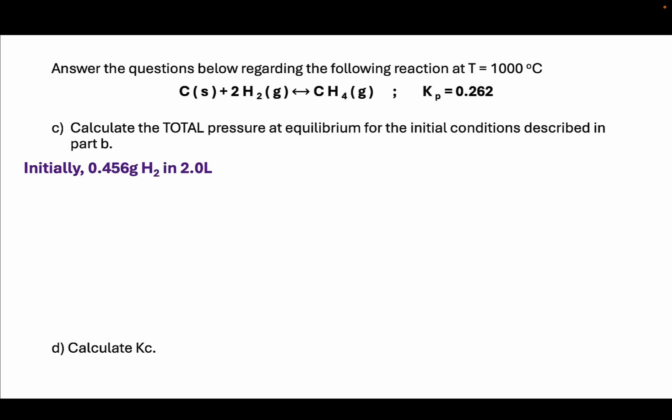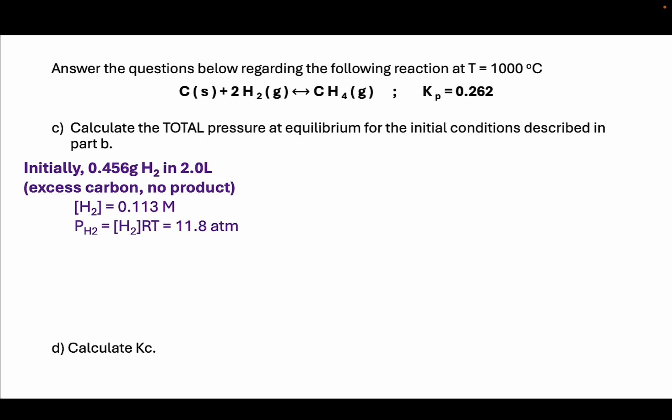And so again, initially we have 0.456 grams of H2 in 2 liters. This allows us to get the partial pressure of the hydrogen. We want to do this whole problem in terms of partial pressure because we have Kp. You could calculate the Kc first, that's part D, and then do everything in terms of concentration, but you're asked to calculate pressures anyway, so the most straightforward way is simply to use partial pressure and the Kp that's given. We get the partial pressure of H2 here is 11.8 atmospheres,